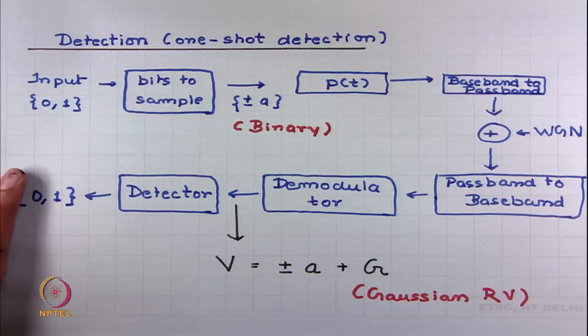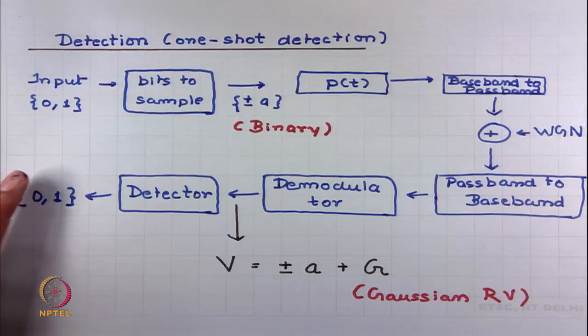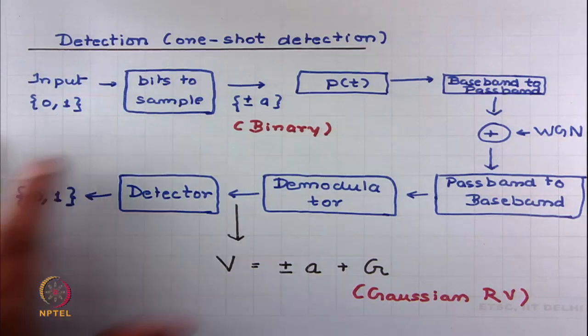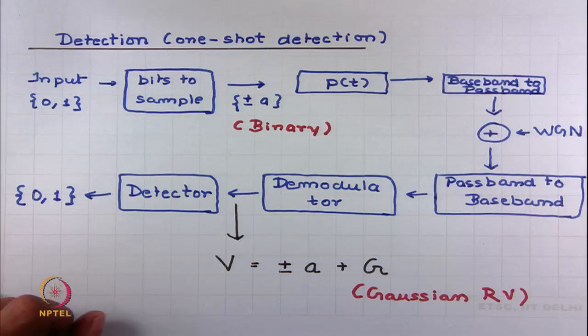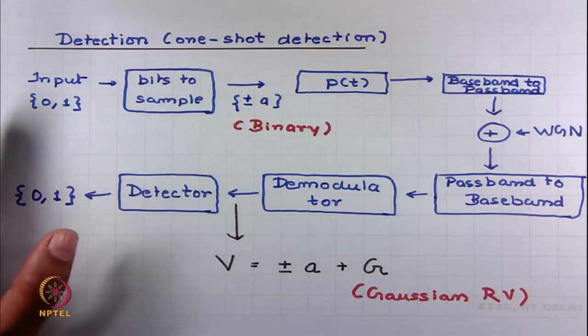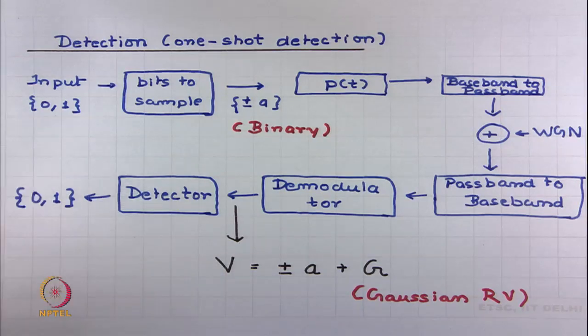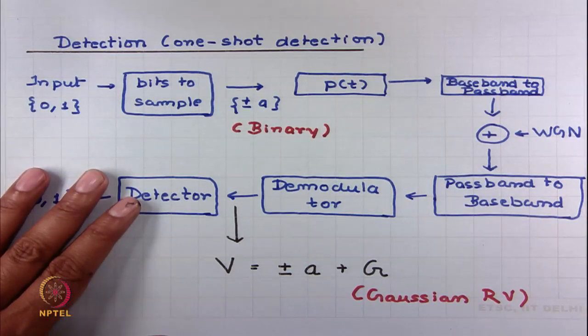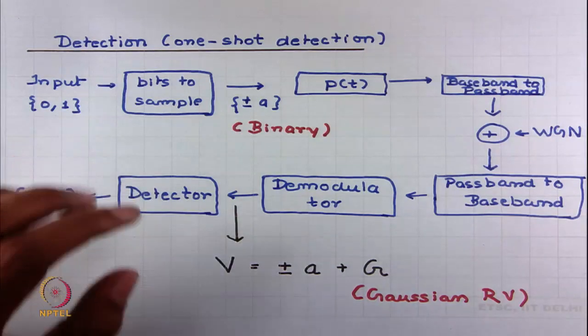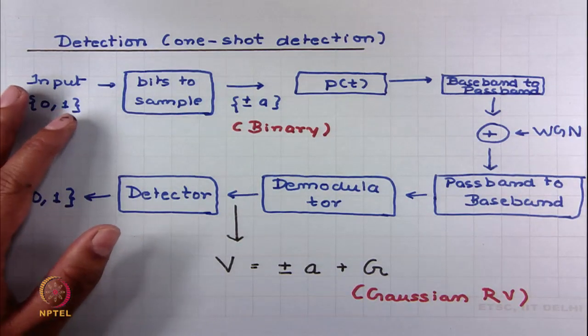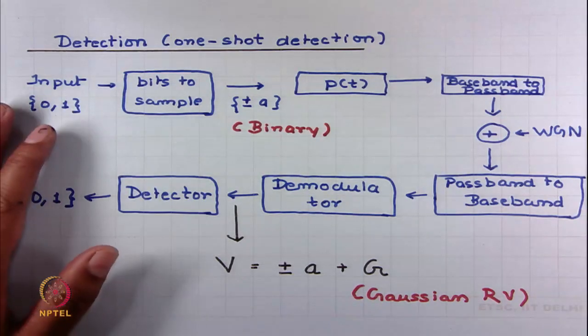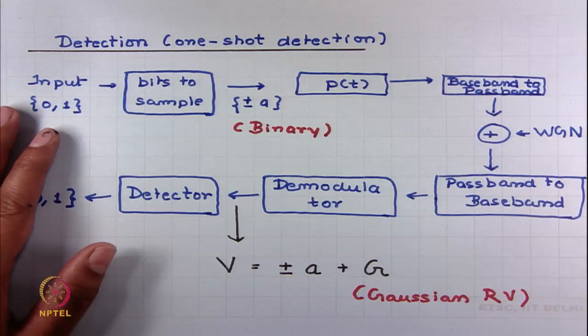and this detection theory we would start by looking into a very simple case, and this case we call one shot detection, and then we will generalize this further on. One shot detection means that you have transmitted a symbol, and the detector should detect that transmitted symbol. So, what we are saying is that instead of transmitting a sequence of symbols which we usually do, we will look at this problem for a specific case when we just transmit one symbol. We will see how to do detection in that case,